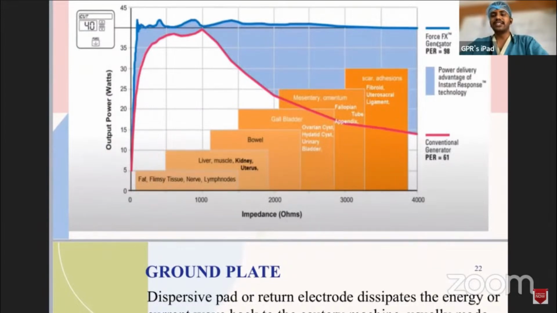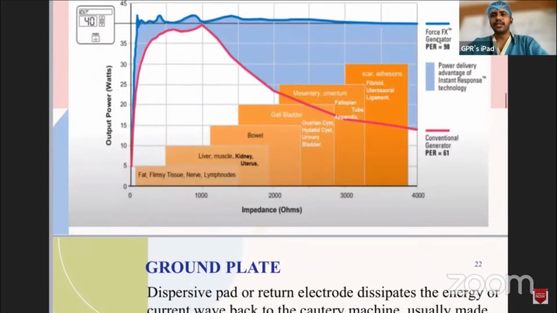So this is how the different impedance for the particular tissue can be used, and this just gives the amount of energy that is being used by two different manufacturing units causing the same amount of cutting current. The one with the force is the one that has the peak, and we can give energy at whatever setting we keep. Whereas the other, the conventional one we use, will take some time to get into action.